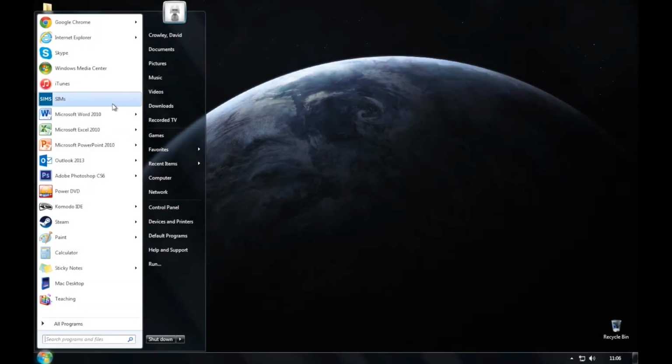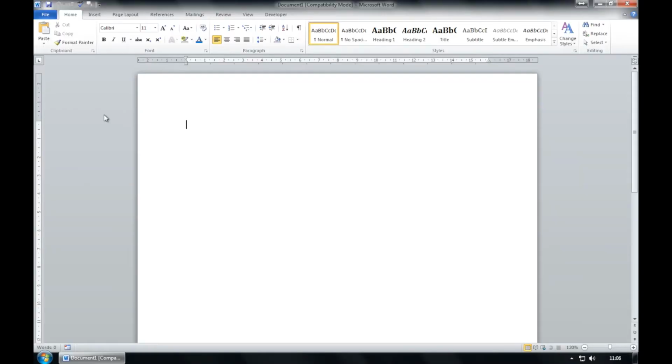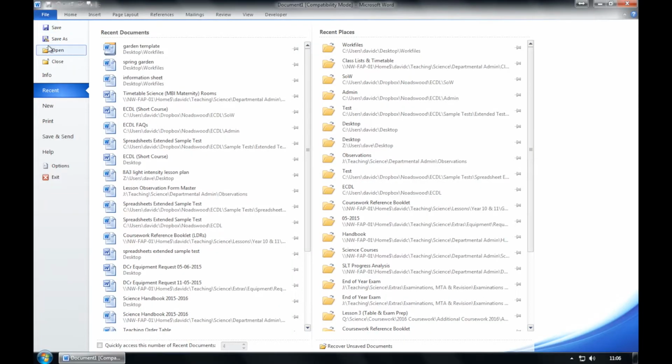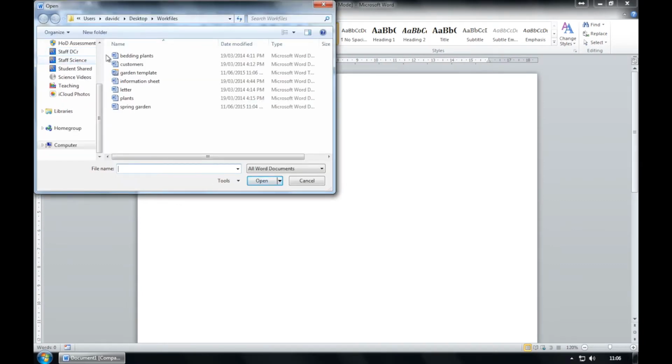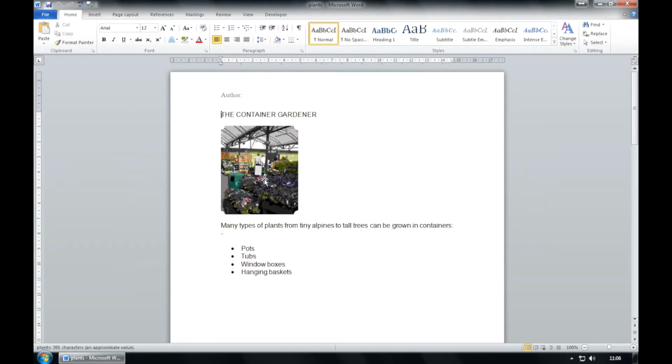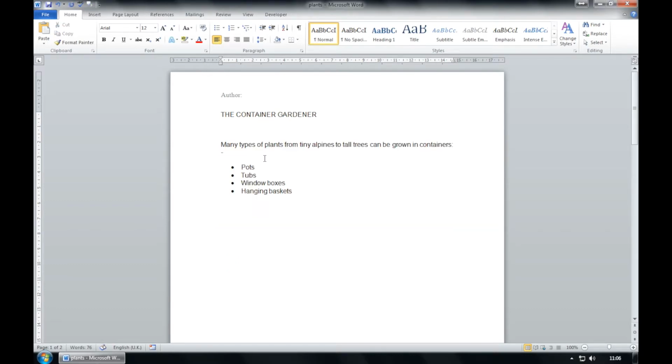I'm going to open the presentation again, and we're going to go File, Open, and from our work files we want plants.docx, so we open this file and press OK. It says find the garden centre image at the top of page 1 and delete this image. So to delete this image, you just click on it and then press the delete button on your keyboard